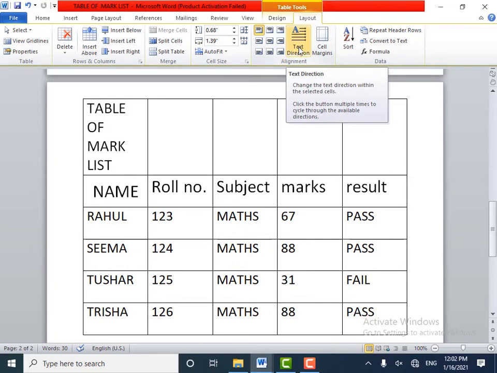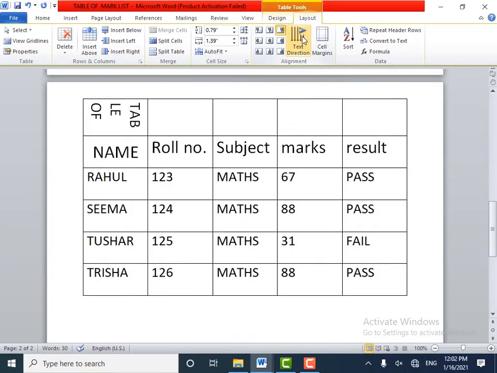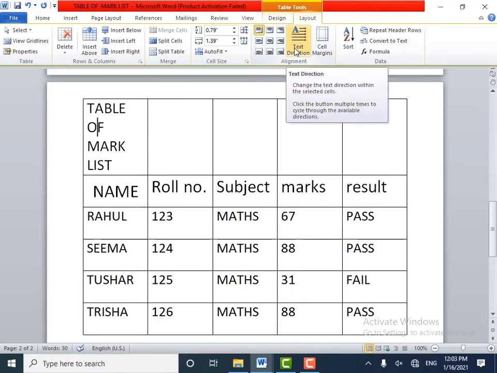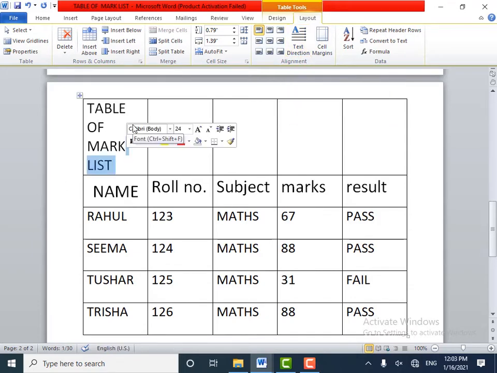Now you can observe, children, the text came into the vertical manner. Again I will click on this text direction, and now the text came into the horizontal manner. So the direction of the text can also be changed here.